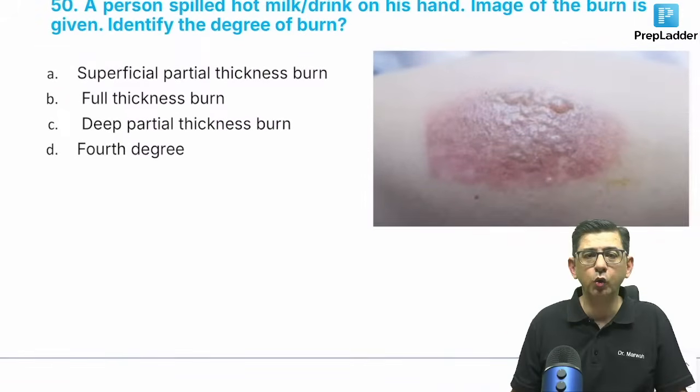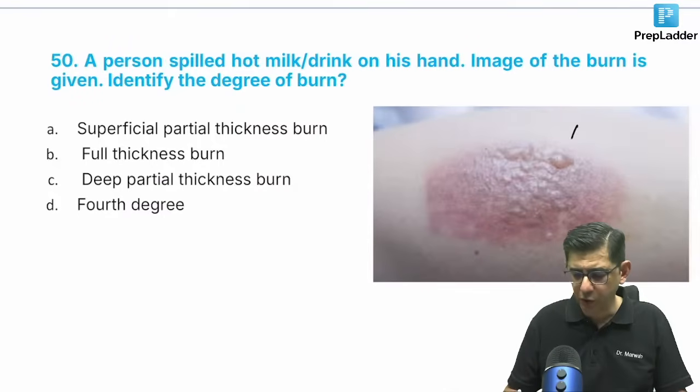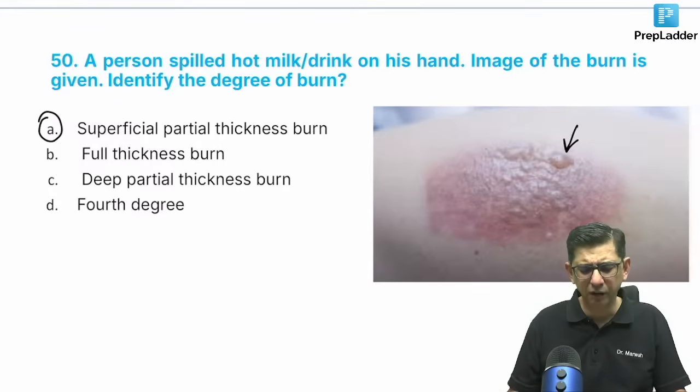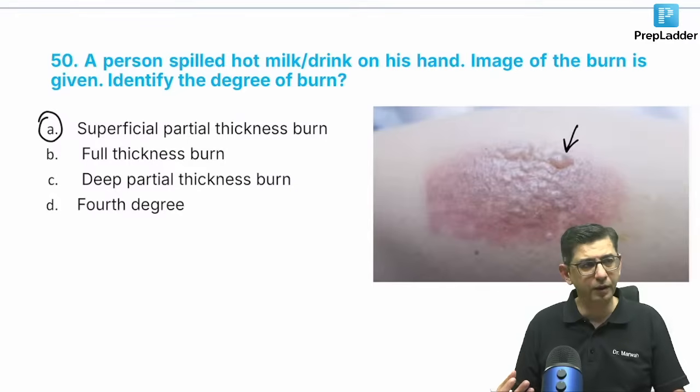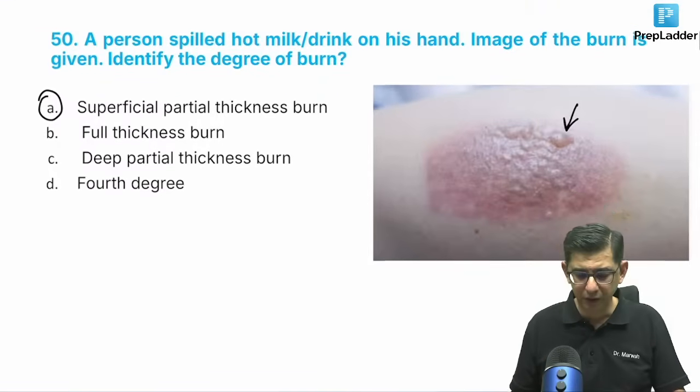Then was a person who had spilled hot milk on his hand, and there were blisters also present. Considering blisters present, I would say that we'll think of it as a superficial partial thickness burn. Hot drink, milk or a drink, it was not like oil, or like puris being made or some pakoras being made. Then the oil would cause extensive burns, but for a hot drink, I am more comfortable with a